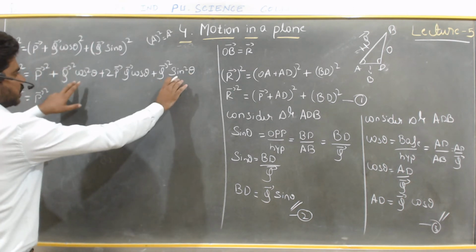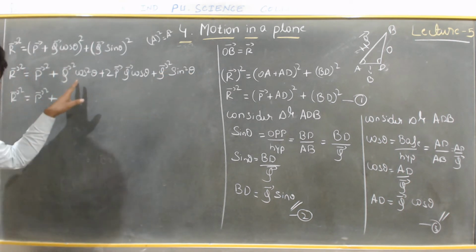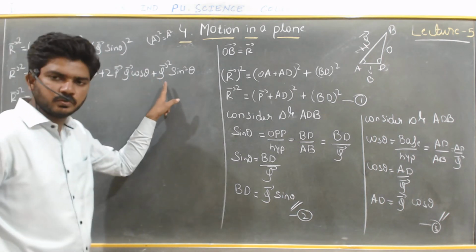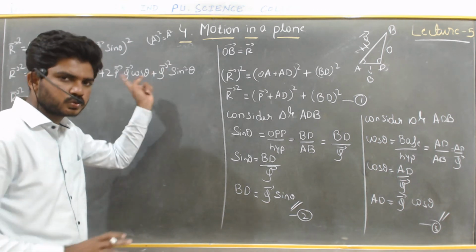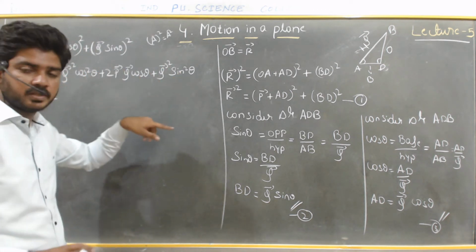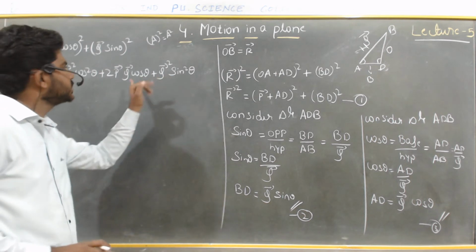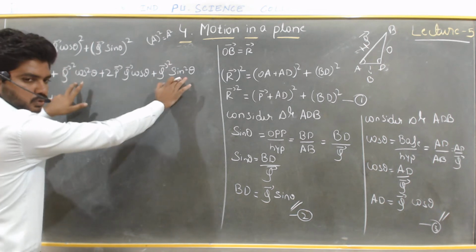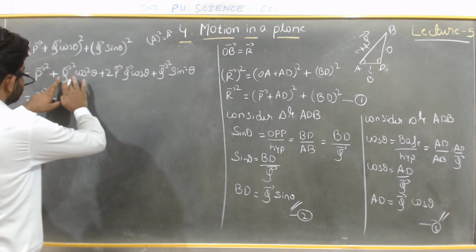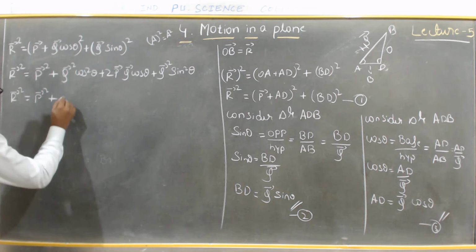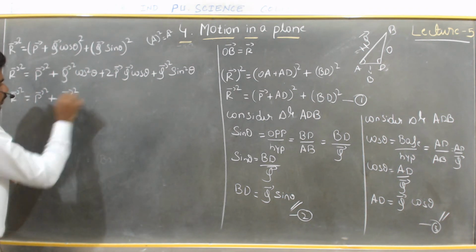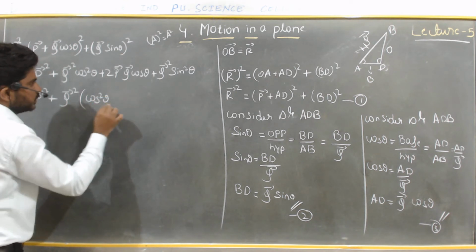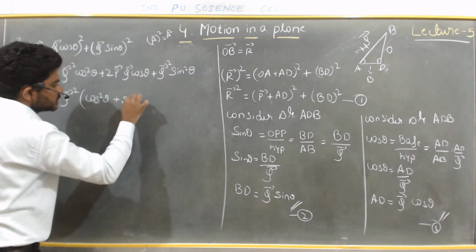Among these two terms, which is the common term we can get? See here also we are having q square and here also we are having q square. Can we take q square as the common among those two terms, which is sin square theta and cos square theta? Is it possible? Of course it is possible, right? So first I will consider these two terms. In these two terms I am going to take a common, which is q square, right? So I will take q vector square. If you take that one, the remaining term will be cos square theta plus sin square theta.